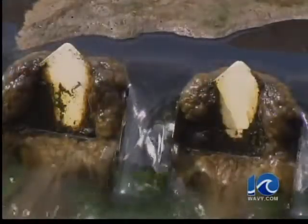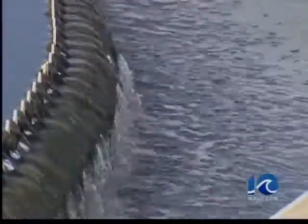The DEQ will want to know what HRSD is doing to prevent this from happening again. Consultants will be on site Monday. HRSD says as a precaution until tomorrow, do not come in contact with the Elizabeth River from Lambert's Point to the Lafayette River. But tomorrow, everything should be